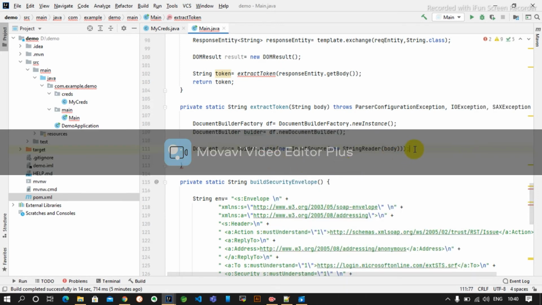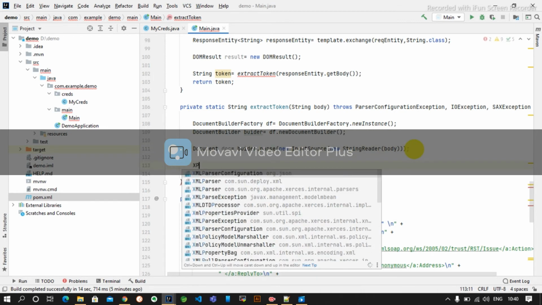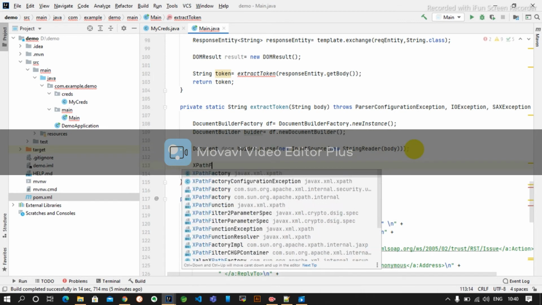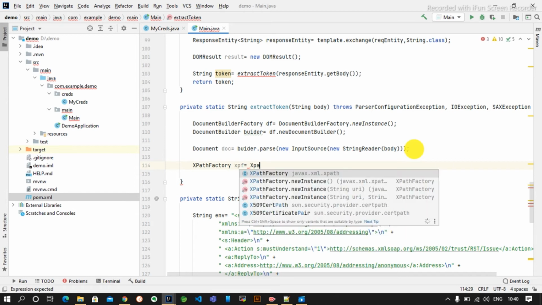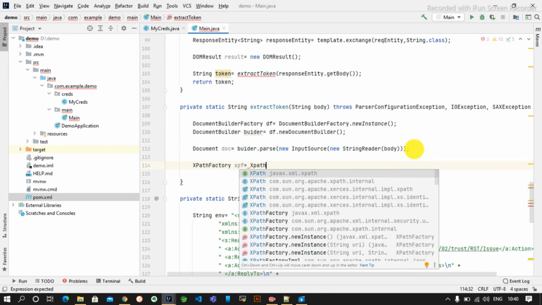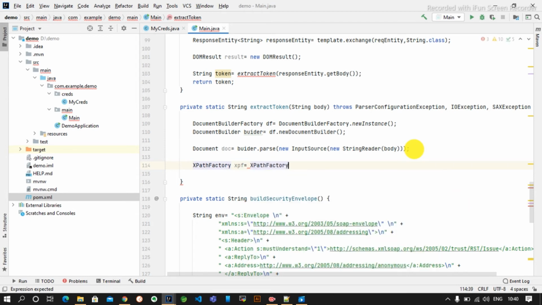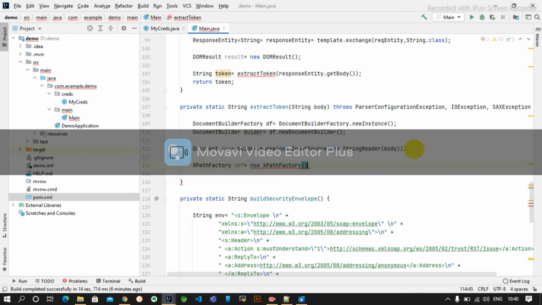Okay, fine, correct. Then XPath factory, this is something to read XML. XPF is equal to XPath factory dot new instance.